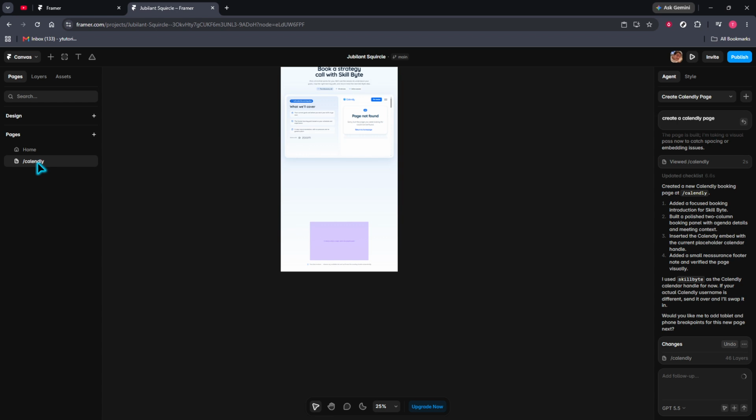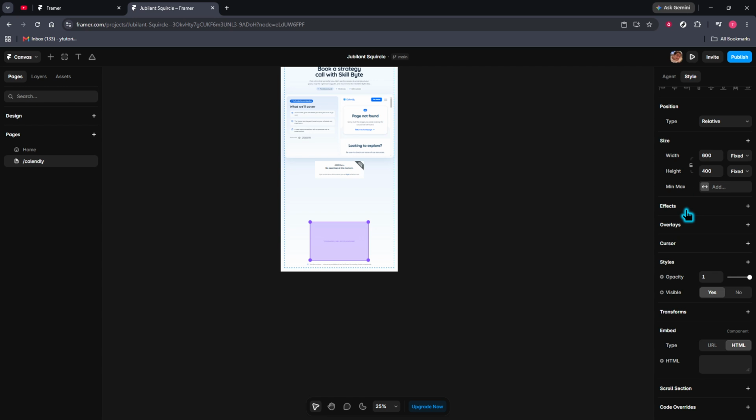Once you're on that page, click on the embed code element. Selecting the correct embed block will allow Framer to show its settings and editable options. After that, move over to the right sidebar where the Properties panel appears. This is where Framer gives you control over the selected element, and this is the area you'll use to make